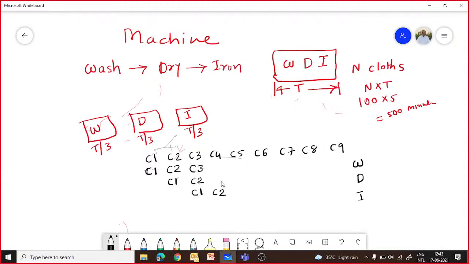So we can do this process in parallel. Right. And whenever C3 is being dried, at that time you can keep C4 here, C5 here, right, and so on. So now all these 3 are in a pipeline. You can see all these 3 things are in a pipeline.